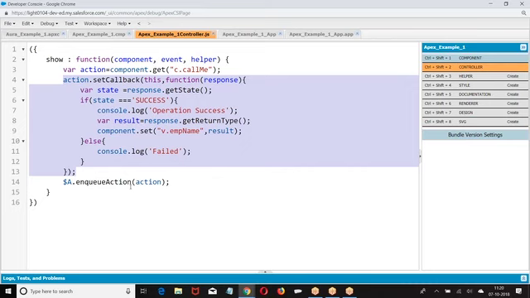Global. $A is commonly used in Salesforce. Wherever we represent a global, we use it. If you want to refer to a static resource, you use $Resource dot. If you want to use the current user, $CurrentUser. If you want to read the parameters from the URL in Visualforce, $CurrentPage dot.